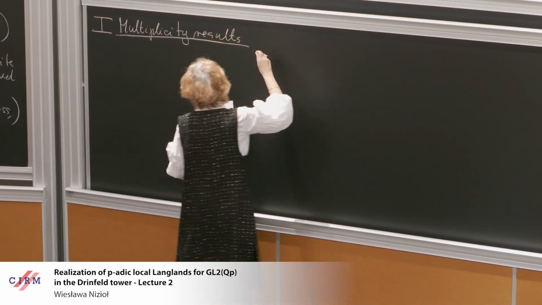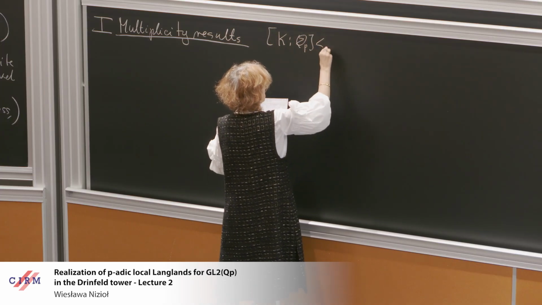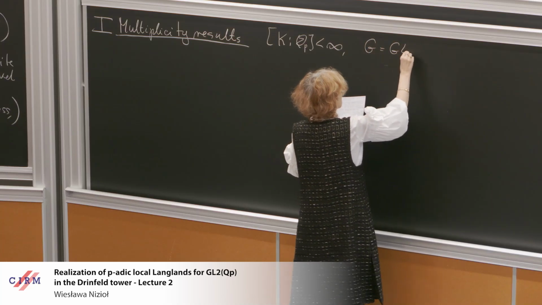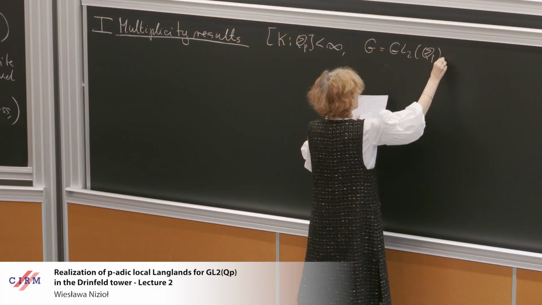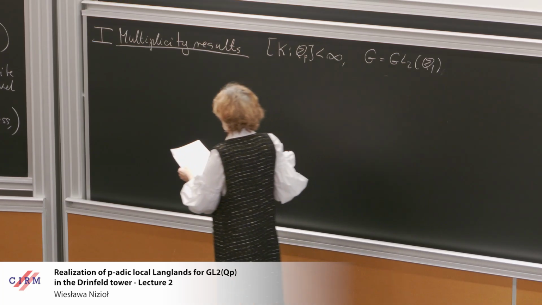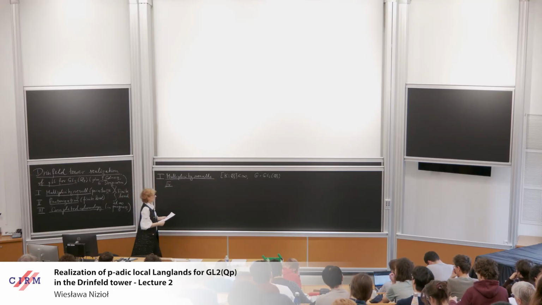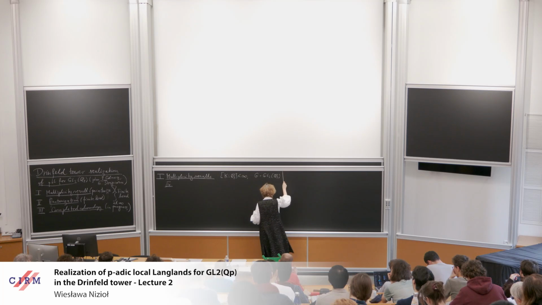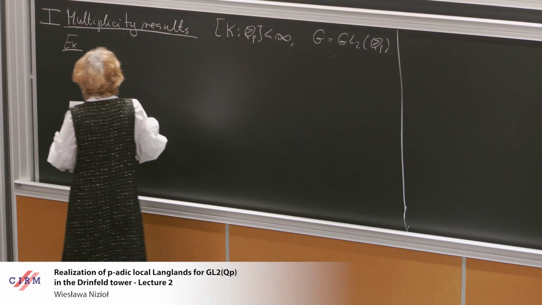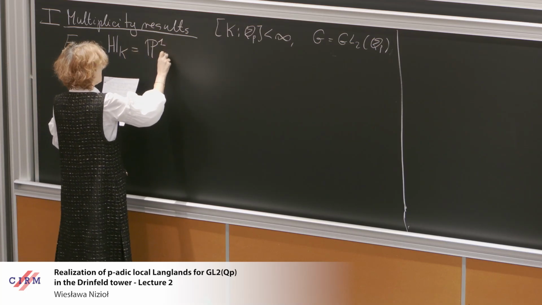Okay, so we specialize the setup here. We have K over Q_p now finite, and G is going to be GL_2(Q_p). And that's maybe all I need for the moment. Let's look at an example then. The bottom layer of the Drinfeld tower, which is just the Drinfeld plane. So we denote it this way. We take pi_1